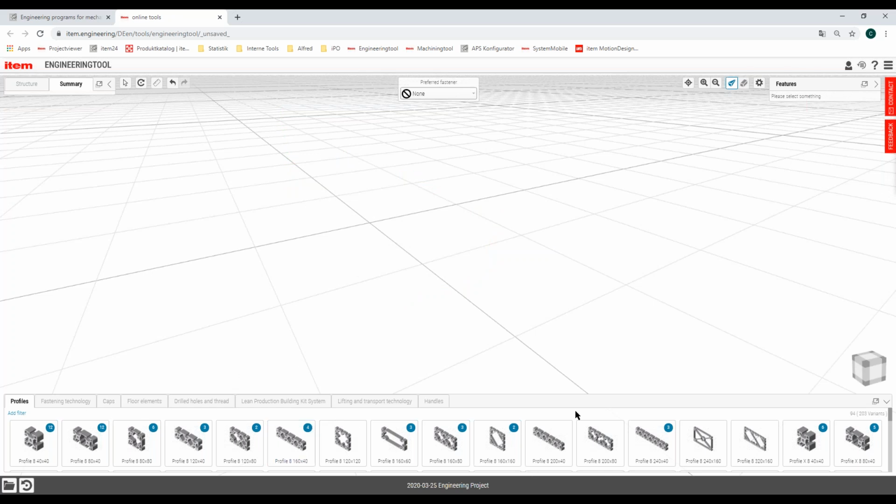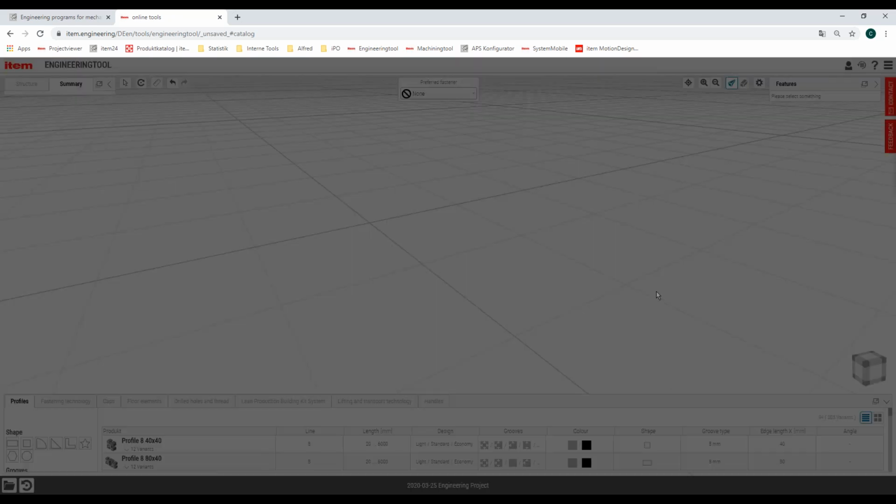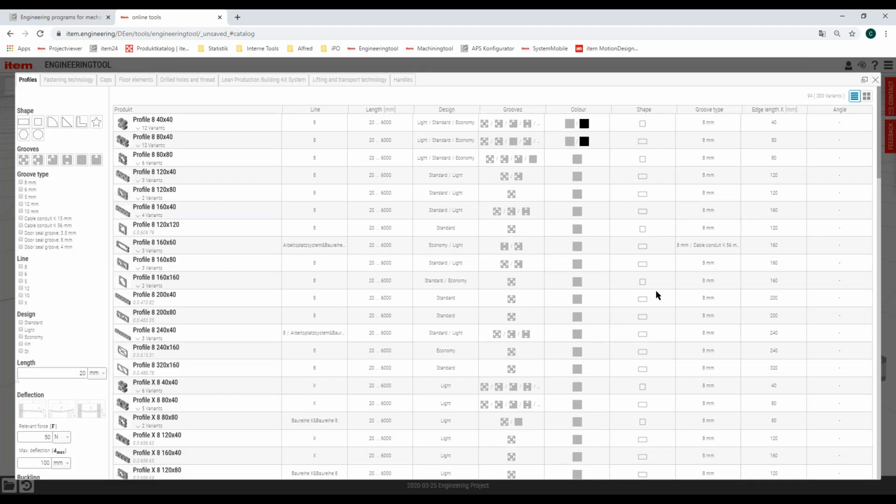The next way to import a product is to use the product catalog. And for this, we can use either this button here to maximize the product catalog, or we can click on Add Filter. And as soon as I do this, the product catalog opens, and you can see all of the different types of profiles which we are offering.